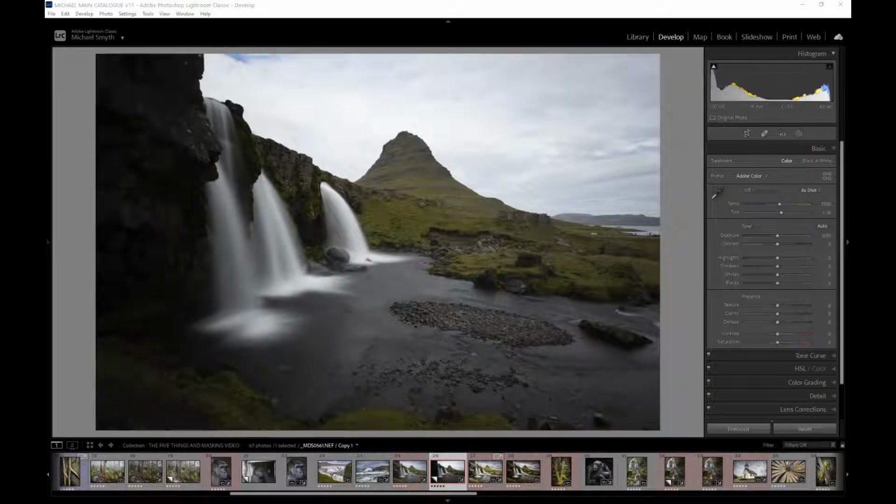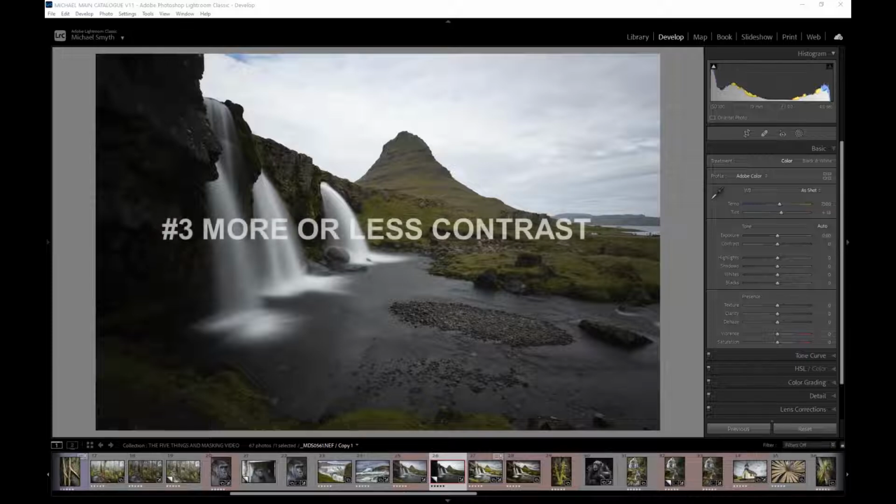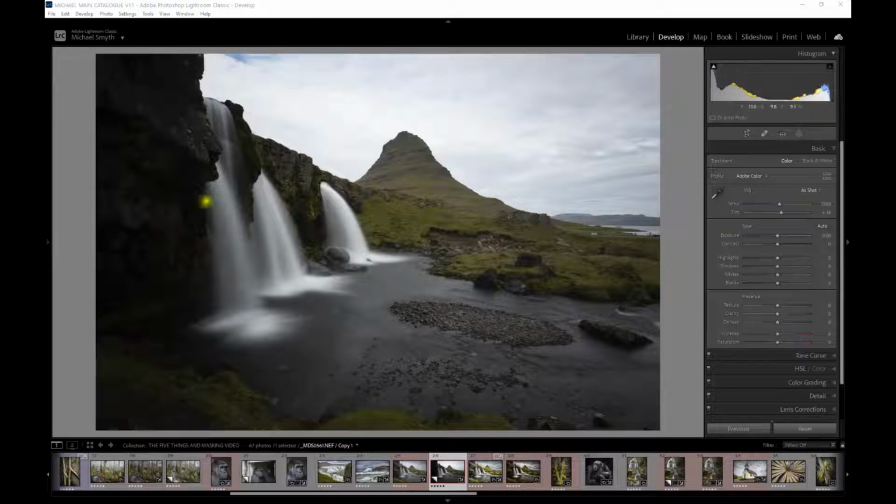Now moving on to our third adjustment that we make to our images, and that is, does the image or part of the image need more or less contrast? Here is an image I took of Kirkjufell in Iceland, and this is the image as opened from the camera, no adjustments at all. You can see that it's a pretty flat day, a lot of overcast, some fairly deep shadows,